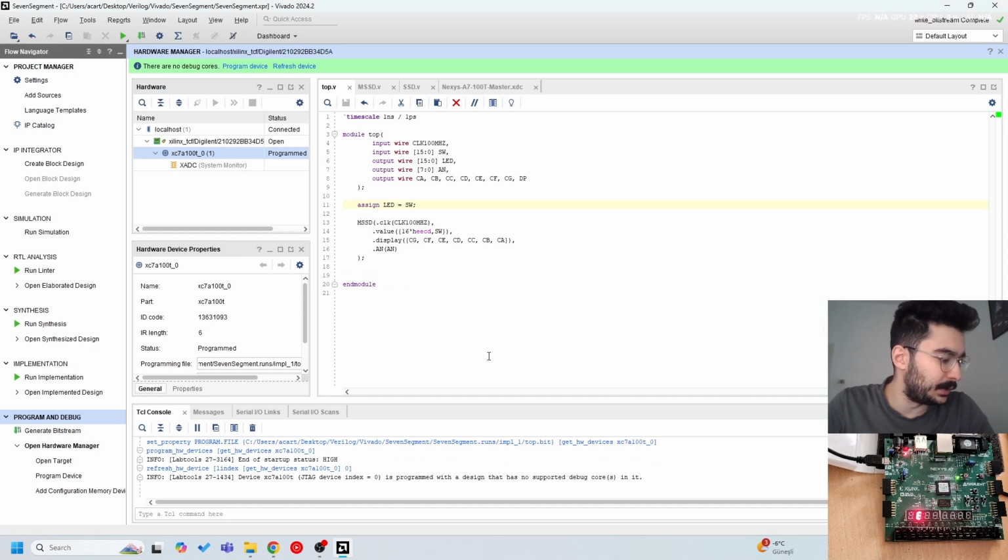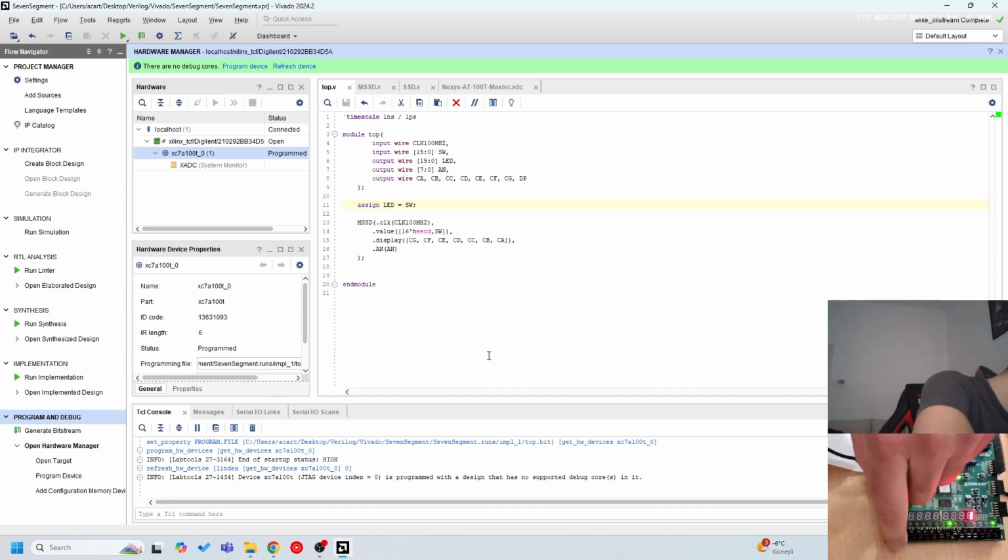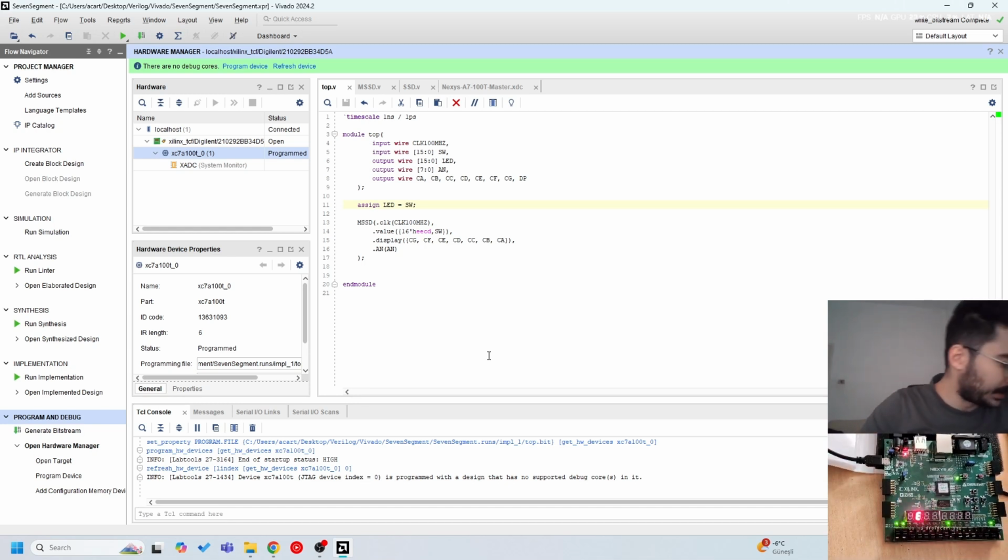D, C, E, E. It's correct. And if I change some values here, 1, 8, C. Nice. As you can see, our digits show the corresponding values that are inputted to our module,